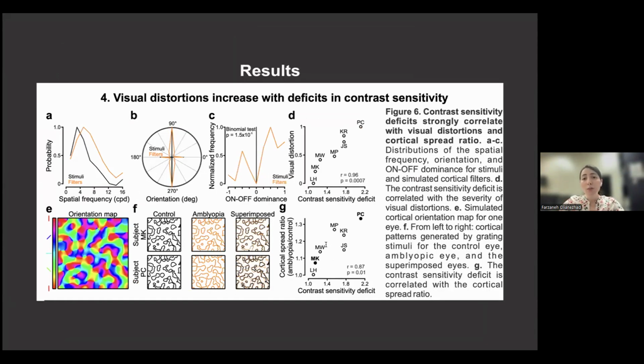Consistent with this interpretation, bootstrap analysis of filter spatial frequency distributions revealed a paradoxical shift toward higher frequencies, shown in panel A, similar to the shift caused by contrast reduction in thalamic neurons. By comparison, mismatches in filter orientation, panel B, and dark-light duty cycle, panel C, are more pronounced, likely contributing significantly to perceptual distortions. Moreover, our results demonstrate that the magnitude of visual distortions in amblyopia strongly correlates with contrast sensitivity deficit, shown in